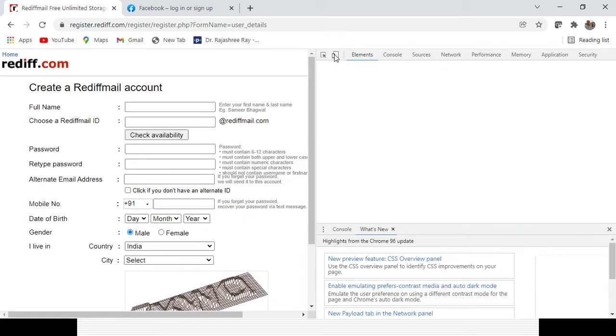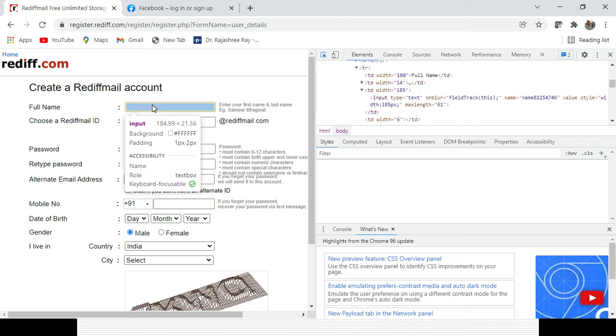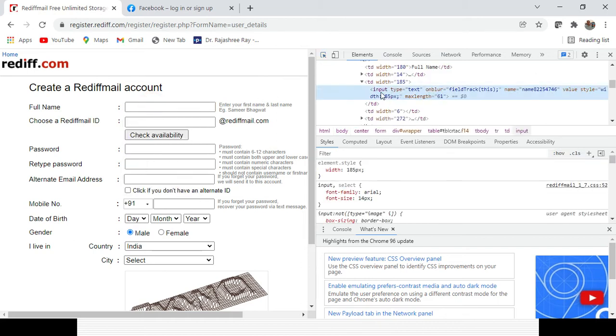Okay, so for the full name field, if you inspect the element, you can see here that the tag name is input, type equal to text, name equal to name 82244, that is the part, right? But if you open that particular URL in another web page, you would see the name is getting changed. The name part is fixed, but the other part is getting changed. So you cannot identify the element with the name, because that is the fixed part and that is the dynamic part. The dynamic part can change every time. So you have to create your CSS selector with the fixed component, right?